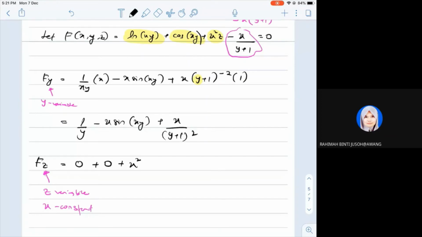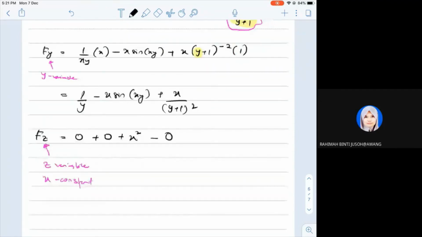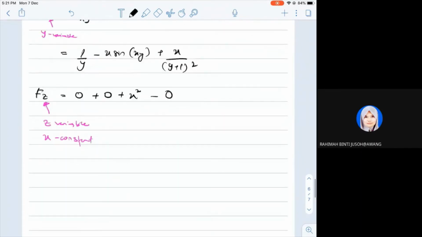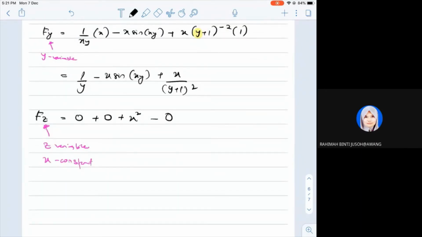Alright, so now next, the last term with respect to Z: differentiate X over Y plus 1 with respect to Z. We will get 0. Yes, we will get 0, so minus 0. Okay, so Fz is just X squared. Okay, now therefore